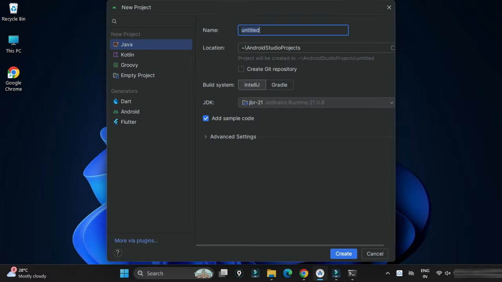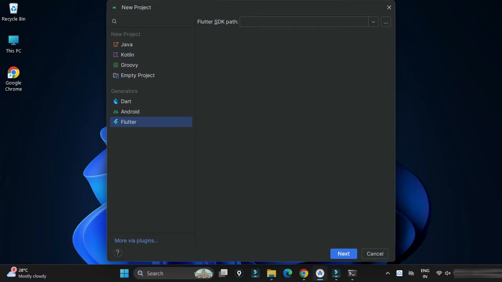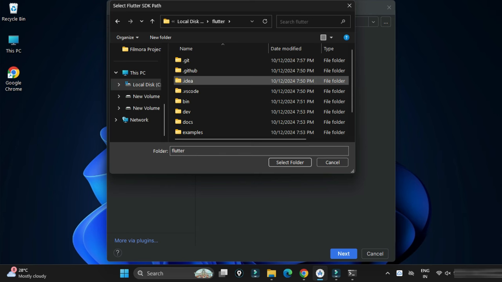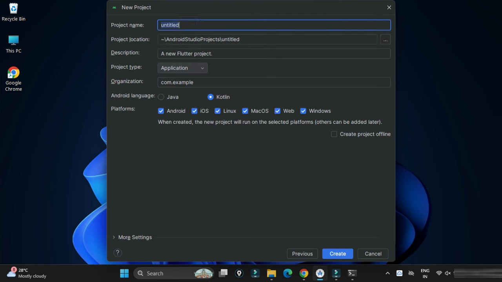And now guys, here you can see it's asking me Flutter SDK path. So we have extracted our Flutter file in C drive Flutter folder. So you need to just give that folder. You don't have to provide the path up to bin. Just write or paste C:\Flutter. So it will determine your SDK path, right? And then click on the next button. And now guys, here it is asking me the several details.